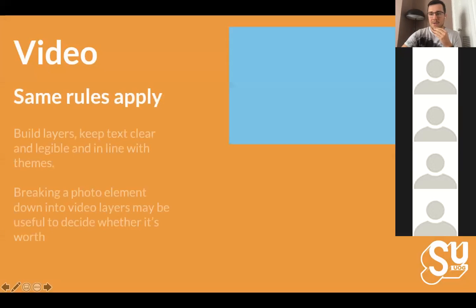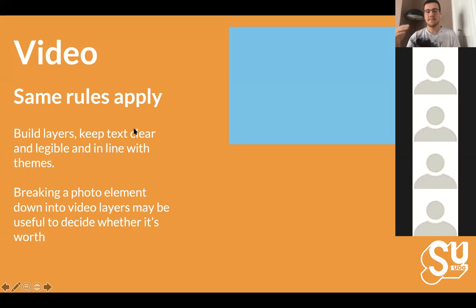So I'll talk quickly about video, because obviously that was an example of a video that I made, and the same rules apply to everything. You need to build the layers, you need to keep the text really clear on top of the block colors, on top of boxes if you want that. I saw Netball did a tiny video with a bit of movement of someone with the ball in the background, and I really liked it because it was really clear. There was that top layer where the information was and people could read it accessibly. But it made it more interesting by having that moving element in the background.